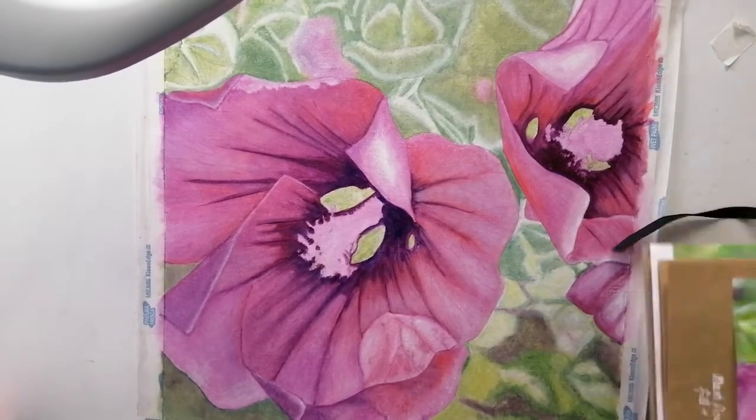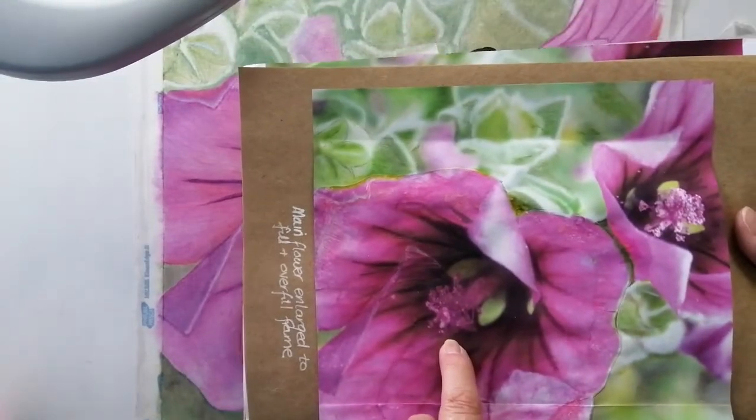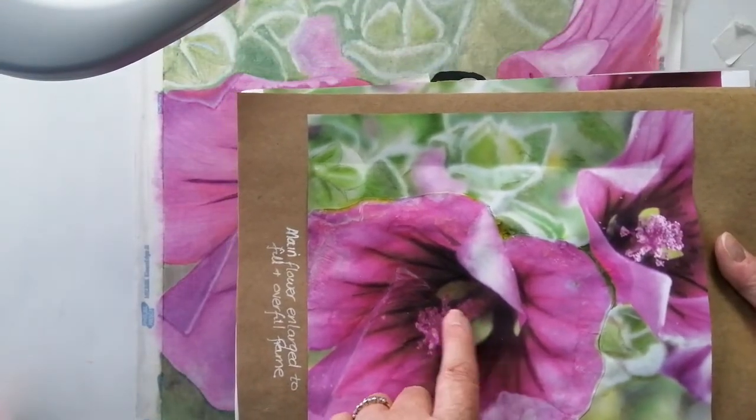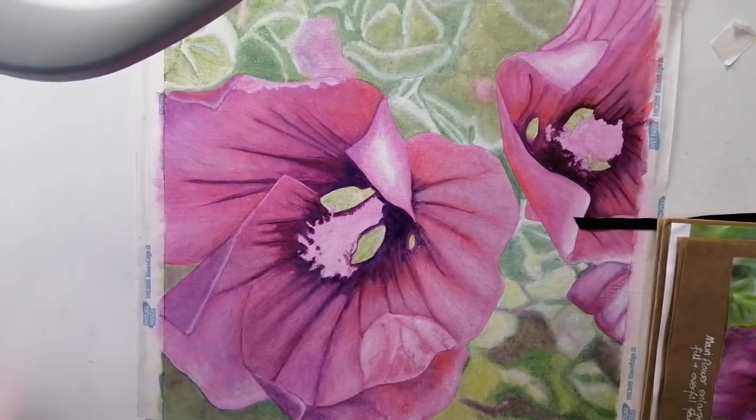complicated, as you can see from the photo here, and getting this right is going to be quite a challenge. I'm a bit concerned that I will end up ruining the whole painting while I do it. So I'm